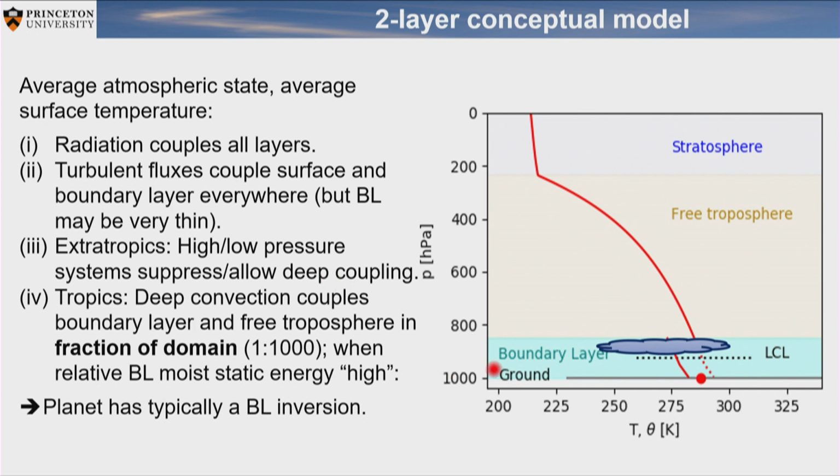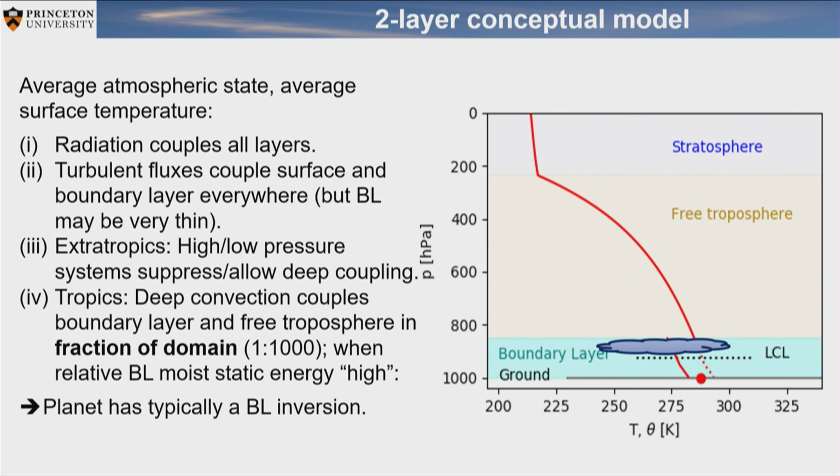And the picture that we would use is that the boundary layer is at any given moment tied to the surface, right? So they do not decouple. But the free troposphere is only controlled by whoever brings mass into the free troposphere. And I have here this little schematic, and the idea is that on average, maybe the tropical average temperature might be this. But when you have convection and you fill the free troposphere, you have a little bit above average temperatures, right? That is the nature of convection.